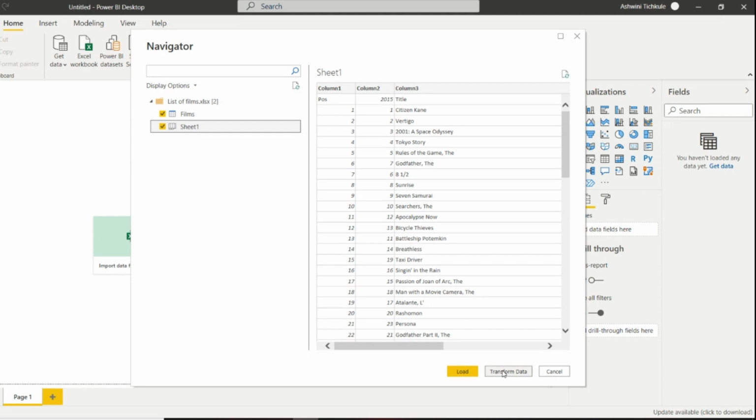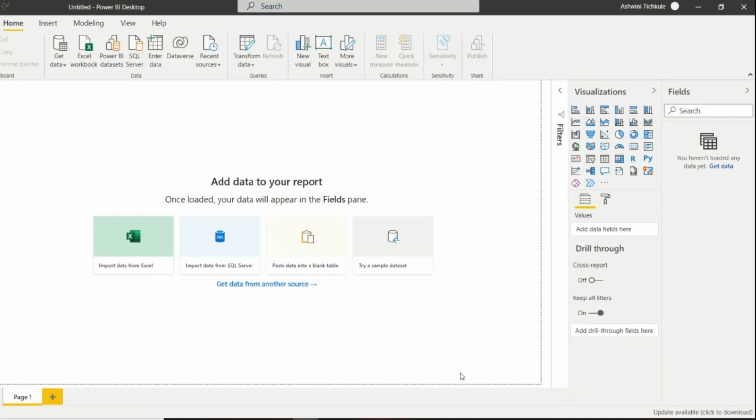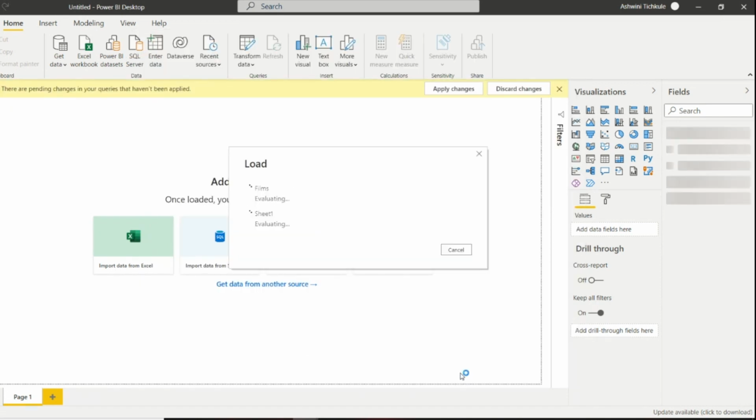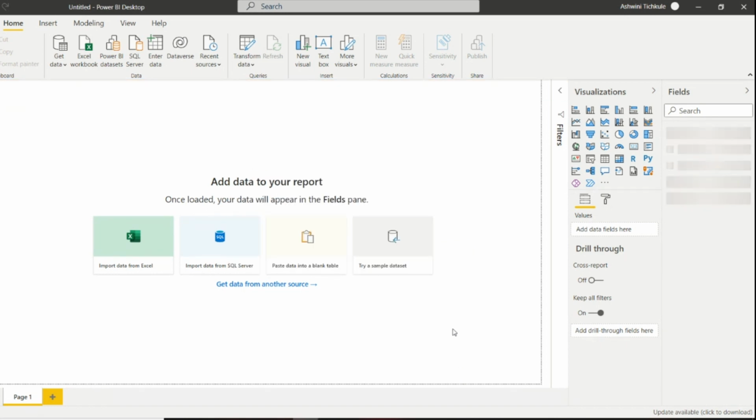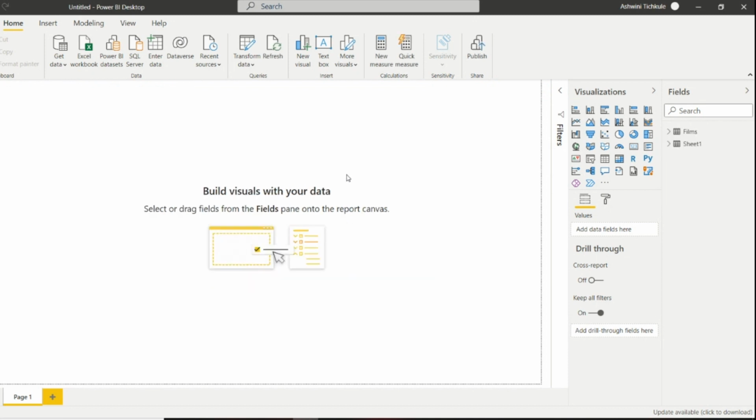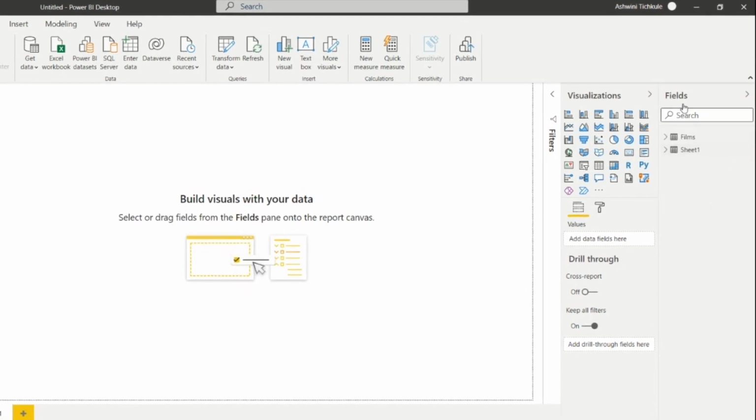It will move to the Power Query editor, and it will transform the data as per our requirement. In this case we can directly load, and we will explore the Power Query editor in detail in further videos. So I have connected with the data source now, and let's see the fields pane.